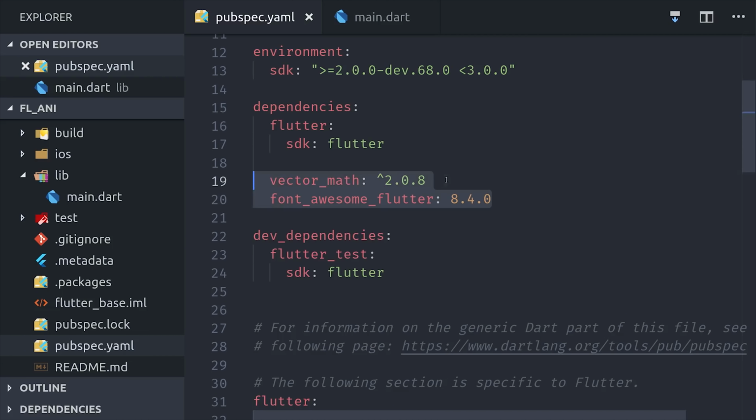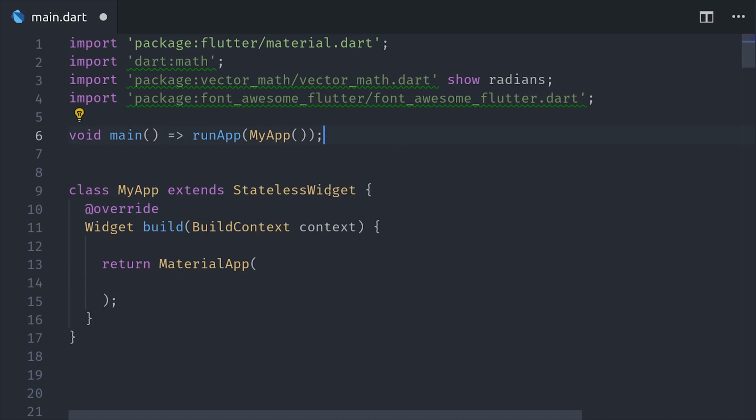To get started, you'll need to have a Flutter app, and then I also have vector math installed, and optionally Font Awesome for some better icons in the material. Then if we go into our main Dart file, you can see that I'm importing Dart math, and then I'm importing radians from vector math, and it's important to do the import like this because it has some conflicting classes